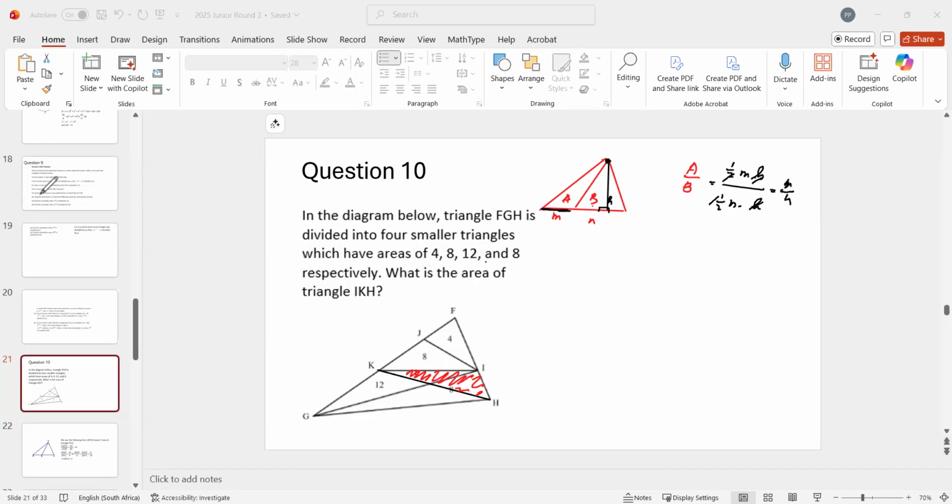Now, that is what we are going to use in this problem. I need to find out the area of this triangle here. It's the area of IKH. And the area of IKH,